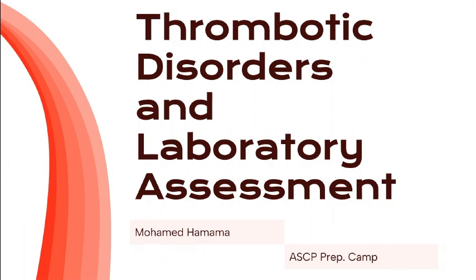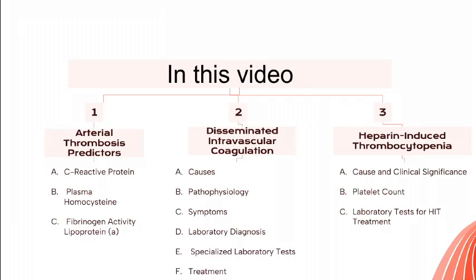In this camp, we will go through each topic on the ASCP lecture list. Today, our focus delves deep into the realm of thrombotic disorders and laboratory. Our exploration spans various crucial topics, including predictors of arterial thrombosis such as C-reactive protein, plasma homocysteine, fibrinogen activity, and lipoprotein A. We'll also delve into disseminated intravascular coagulation, addressing its causes, pathophysiology, symptoms, laboratory diagnosis, specialized laboratory tests, and treatment. Furthermore, we'll unravel the complexities of heparin-induced thrombocytopenia, exploring its causes, clinical significance, platelet count, and laboratory tests for